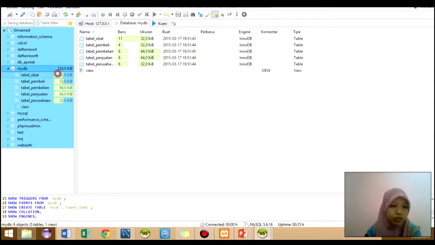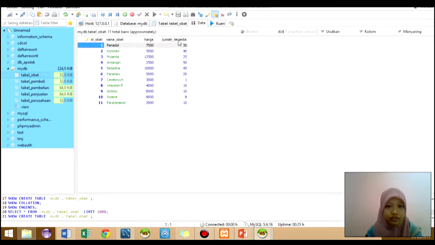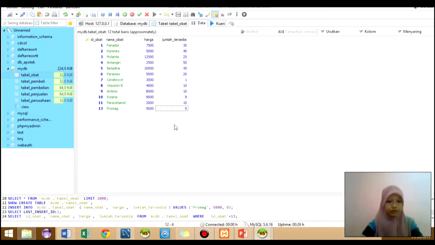For example, we will take the tabel obat. This is the column, and then we can insert data like this. For example here, we can insert, and then we can also delete it by clicking it like this.